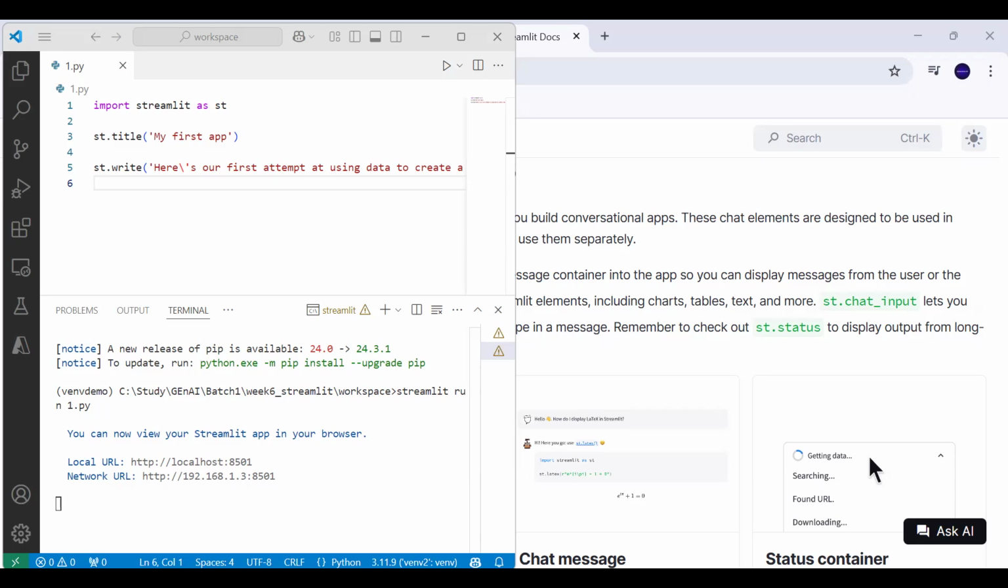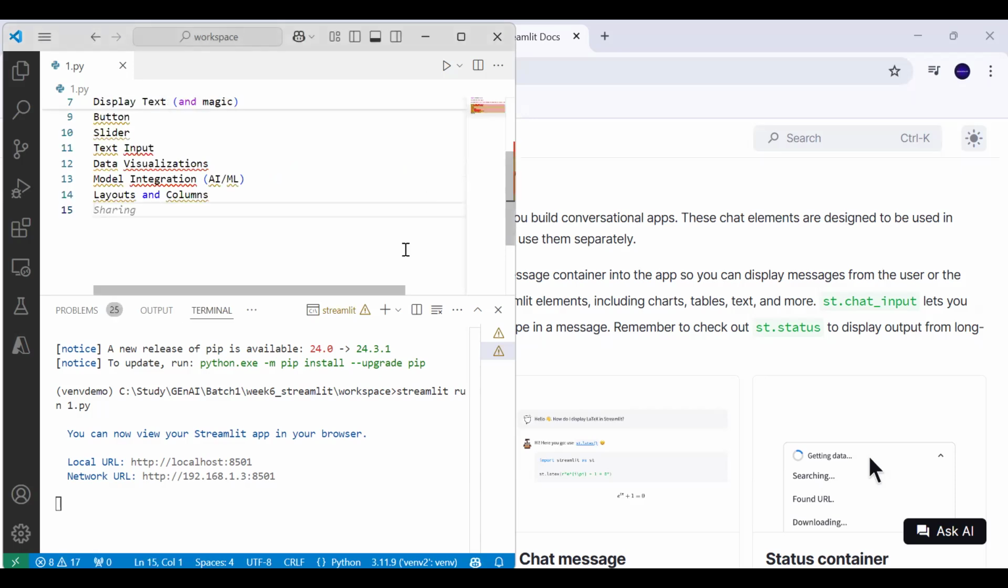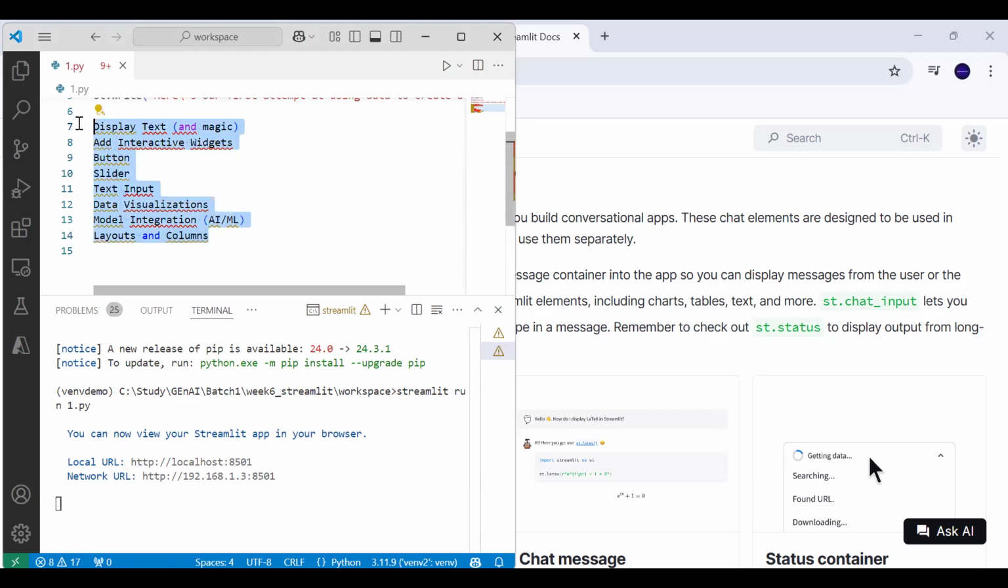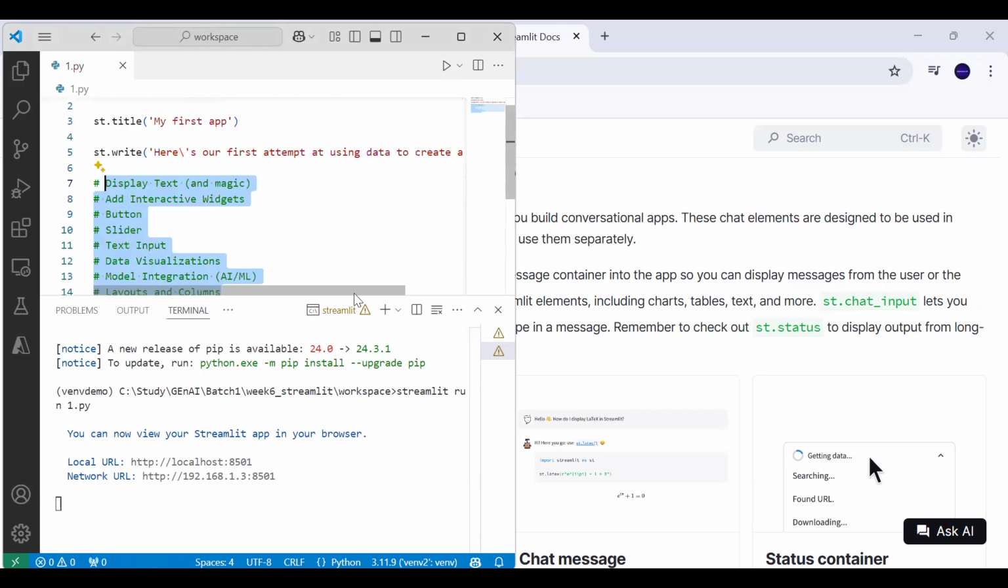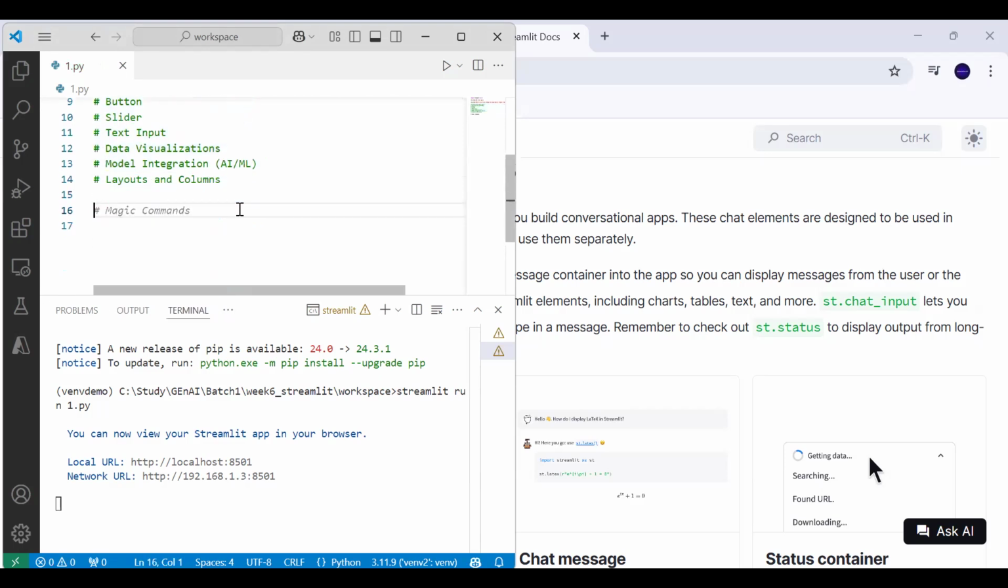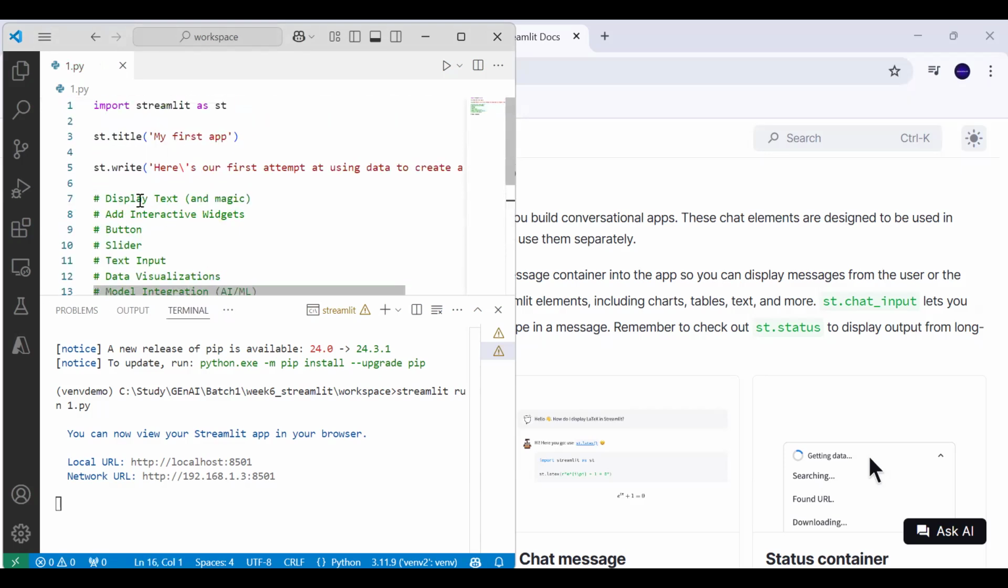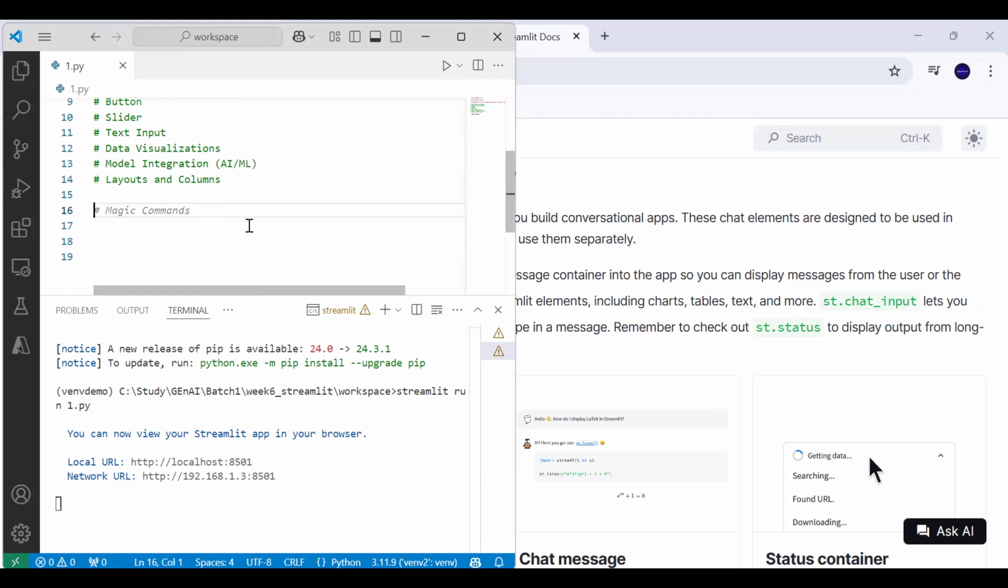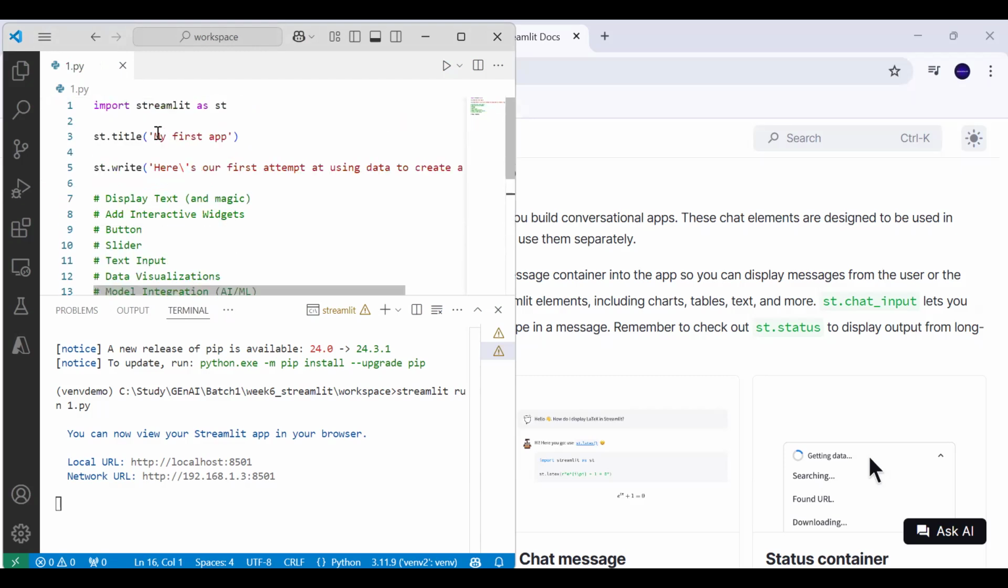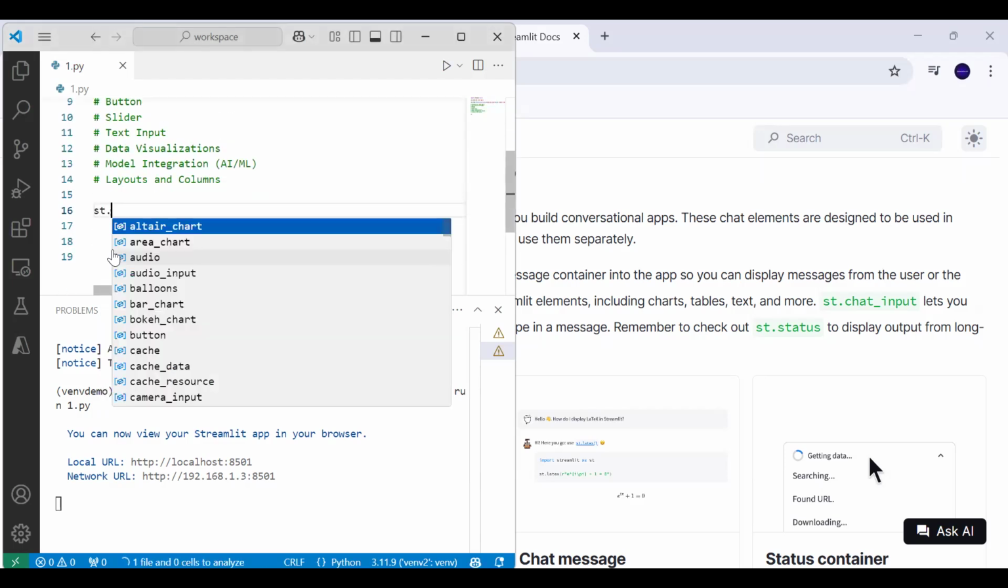So now what we are going to do is study the core components. What are the core components of Streamlit? Let me write it here. These are my core components, which I will cover. The first is display text: how we can display text on our application. As I said, we have already seen my first app and st.write being used to display the text on the application. We can see my first app. Here is our first attempt. Other than that, you can also use something called st.header,